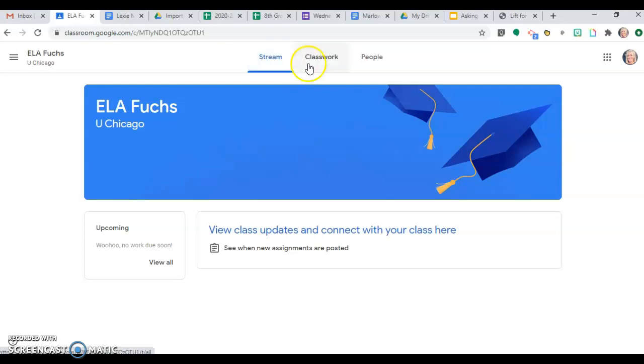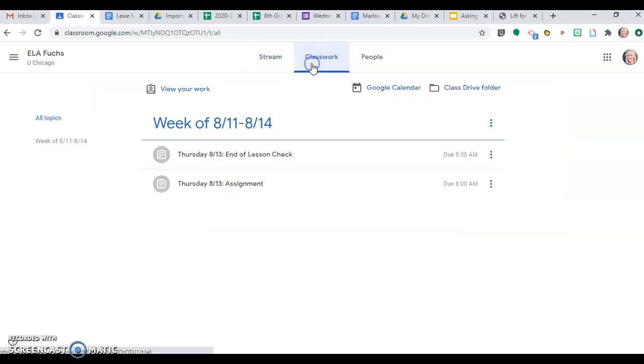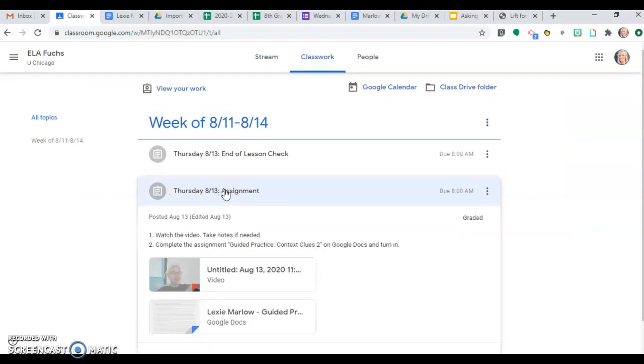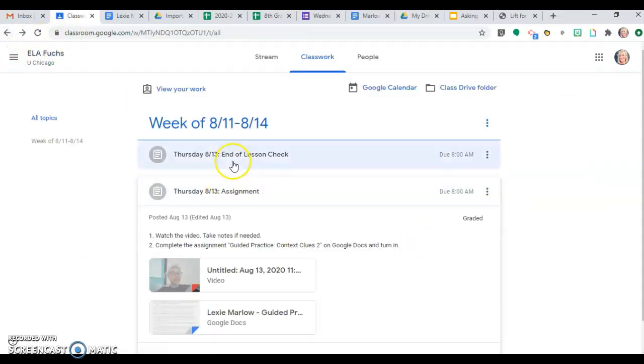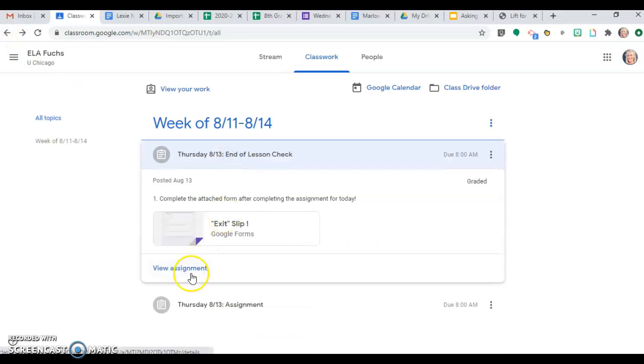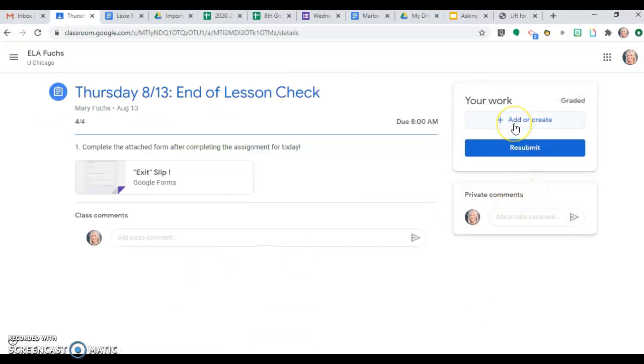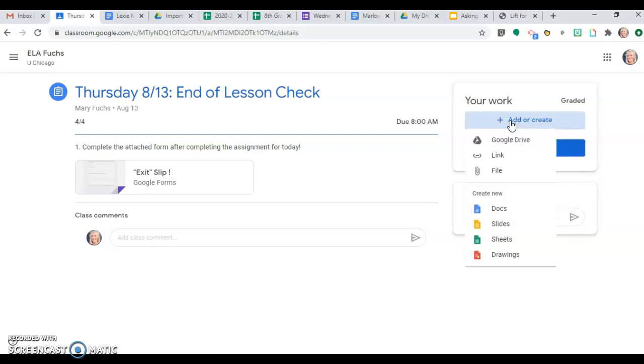One other thing I want to make sure that you guys are aware of. When you are turning in assignments, so for example, on this one, if I wanted to, or if your teacher asks you to, oops, man, I'm all over the place today. If you have this add or create, so if your teacher asks you to submit like a screenshot or submit a picture of your work, then you can click this add or create button and you can insert anything from your drive,